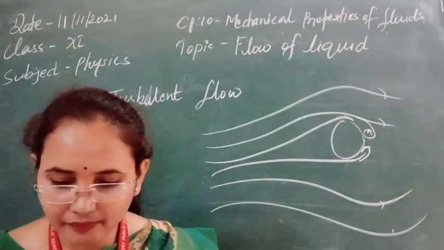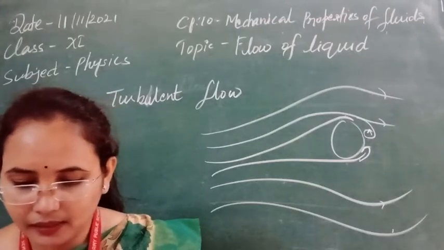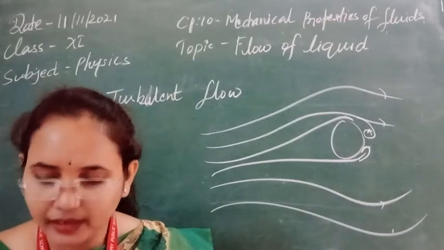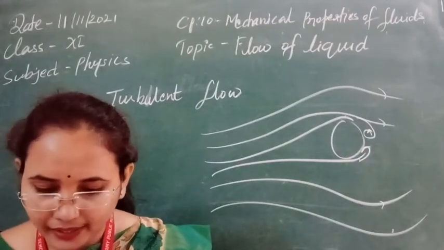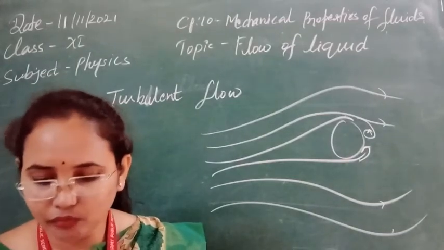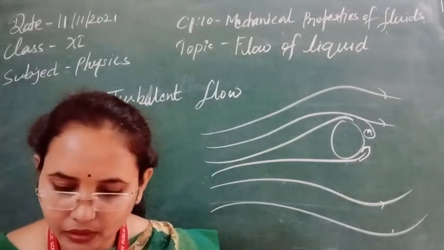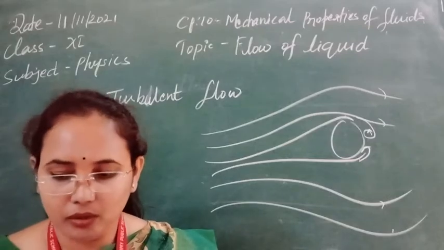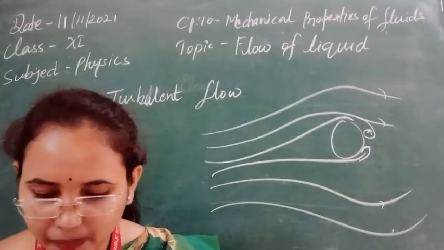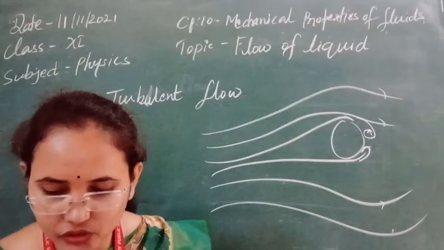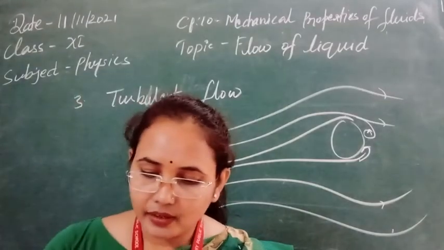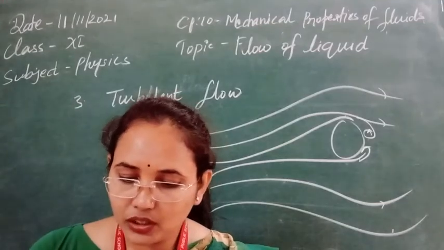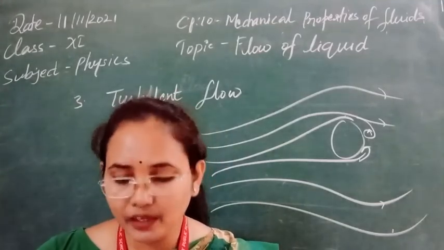And if we have to visualize practically the streamline flow and the turbulent flow, take a horizontal narrow tube, connect one end with a water tap, and open the tap so that water flows out of the tube drop by drop. Put a speck of potassium permanganate at the entrance of the tube. A colored line along the axis of the tube will be observed.